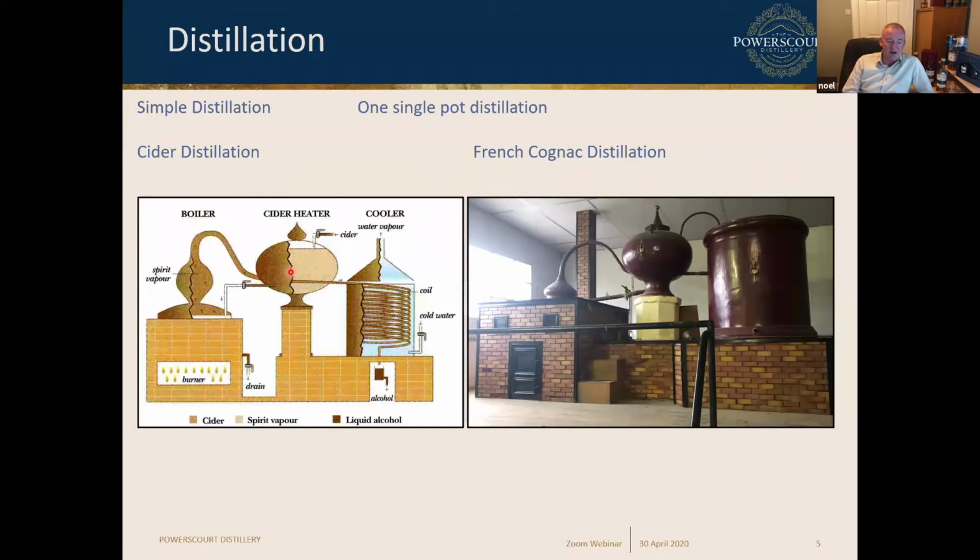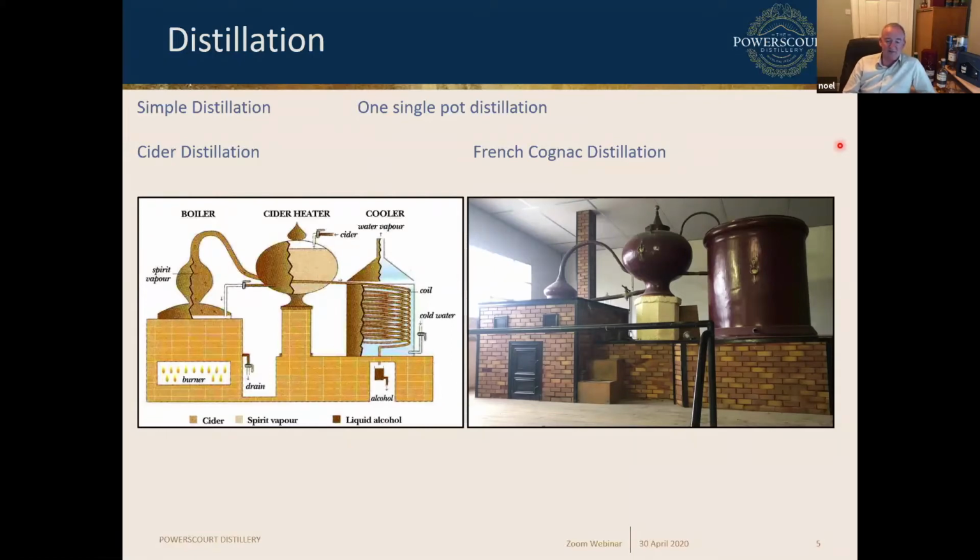stage, and as that liquid is then further cooled as it goes down through the worm and the coils, and that's a big water tank, and coming out at the bottom is your cider in this case. So that's your alcohol, and this is a very basic, simple distillation. But if you control this very carefully, you can achieve quite high strengths in the spirit, but it's a slow process. And again, in production of cider and cognac, you need to take away your heads and also discard the